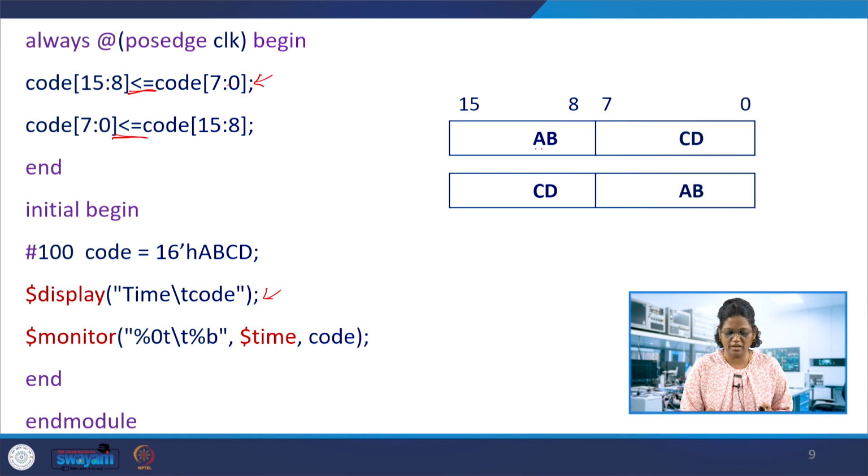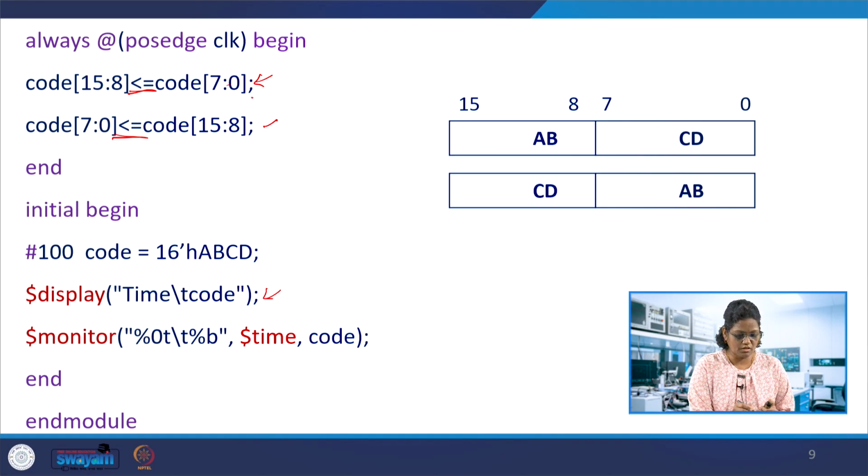So 8 to 15 still has, after evaluation, the AB content. Then comes the second statement, and at the same simulation time, 8 to 15 has AB. So these two, CD and AB, are evaluated. The assignment takes place at the end of the simulation time.